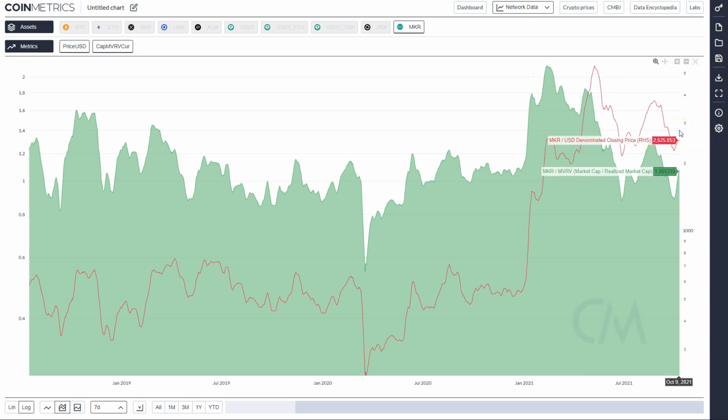If Maker pulls up by some miracle over Q4, I would watch what MVRV gets to. If MVRV gets to 2 plus and Maker's at all-time highs, I would start to get nervous. And if MVRV declines and price keeps going, I would get more nervous. Not based on backtesting for Maker alone, but based on backtesting of all the DeFi stuff. There was what I think is a bear div on everything from February to May on MVRV relative to price. That's something to watch. Buy zone is basically below 0.8. If this dumps and it gets below 0.8 on MVRV, that is a massive buy historically.